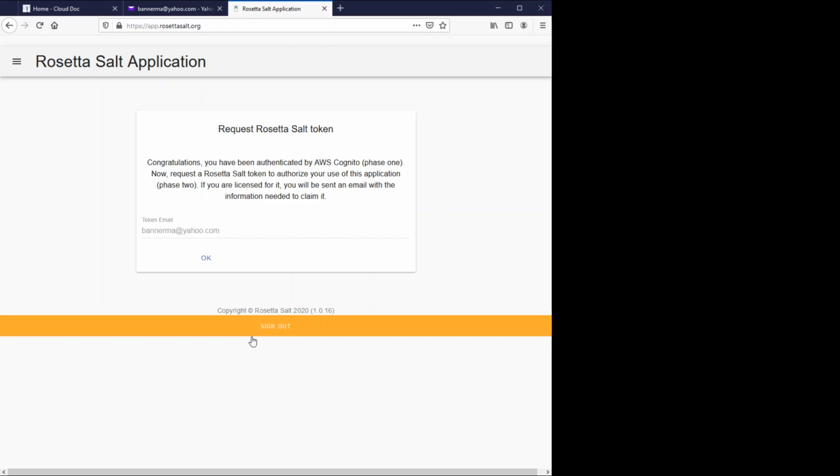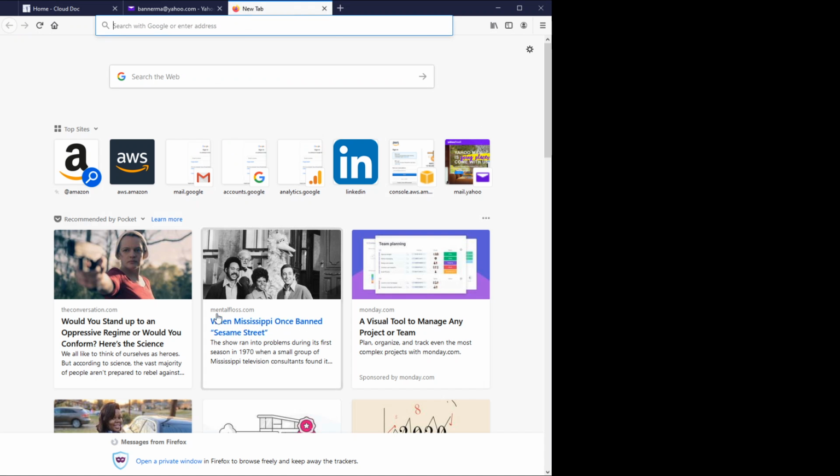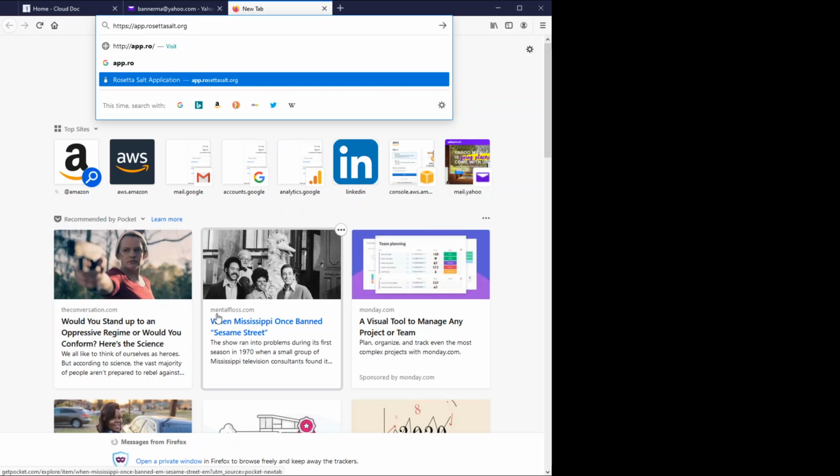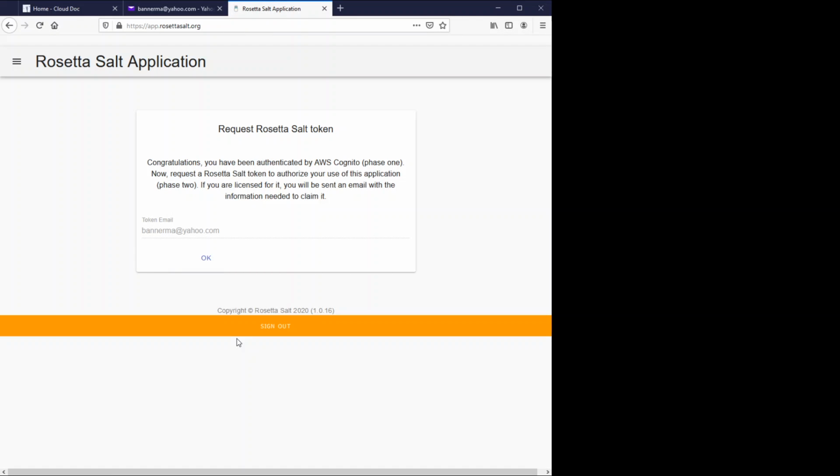However, once a month or so, you're going to need to log in at the Cognito level, the first phase of authentication. For example, if I open a new tab again and run app.rosettasalt.org, what you don't see behind the scenes is that the Cognito token associated with the app gets checked. Is it still valid? Can I refresh that? Is it still within that 30-day window? And if it is, it does get refreshed, and we skip past that first phase of authentication. But once a month, it's going to